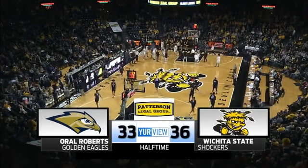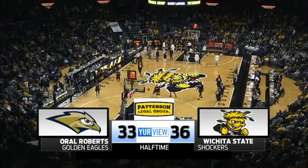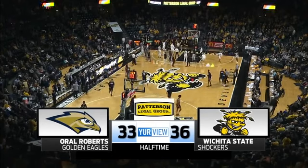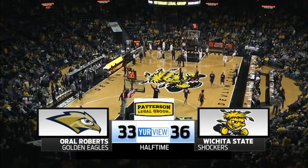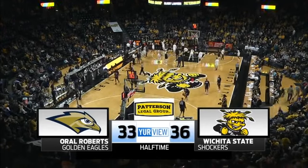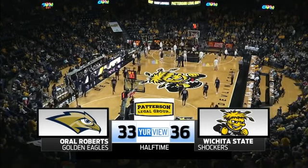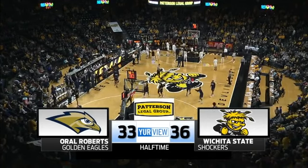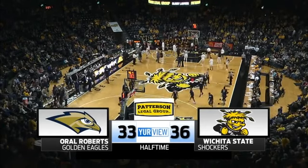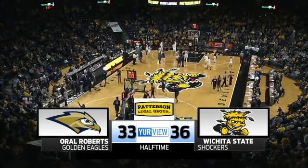Yeah, this team, they can't stand prosperity. They get a big lead. They had an 11-point lead, about 3 minutes to go in the first half, and then let ORU go on a 12-4 run. But give ORU credit. They showed a lot of resiliency coming back from that long drought that they had and got this game close again. So credit ORU, but the Shockers had too many empty trips and a few costly turnovers and then missing